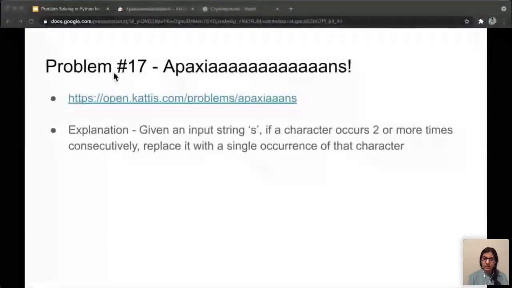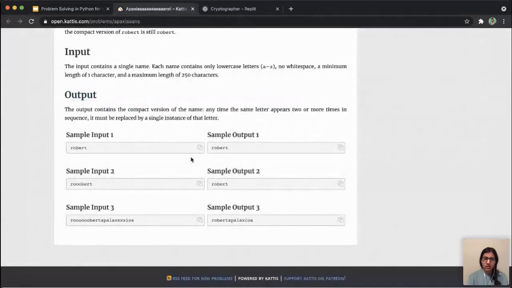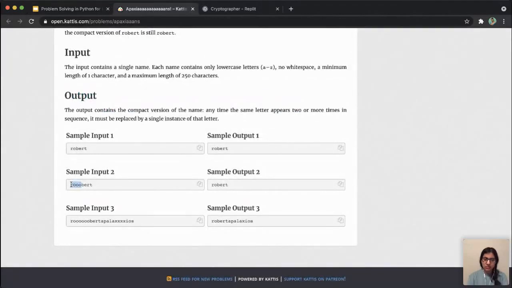And I will explain this again while some of you may be solving it. The question says, suppose we have a character repeated many times, like here I have like 5 or 6 O's, I have X many times. It's just saying replace them with a single occurrence of that character. You have 5 O's, make it just 1 O in your output. You have 4 X's, make it just 1 X in your output. That's all. Everything else remains the same.